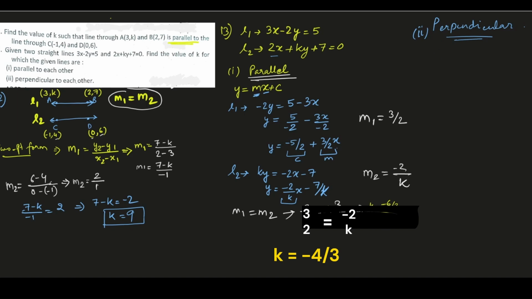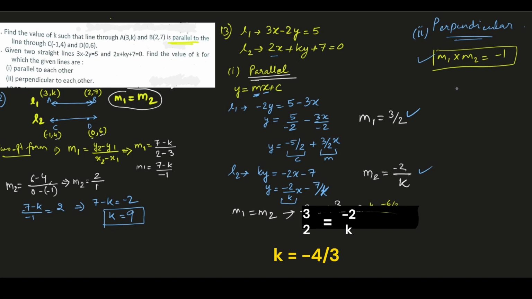So we already know the relation when they are perpendicular. It's m1 into m2 is equal to -1. Let's highlight this. So we already know what is m1, we already know what is m2. So straight away we can just put both of these values of m1 and m2 in this